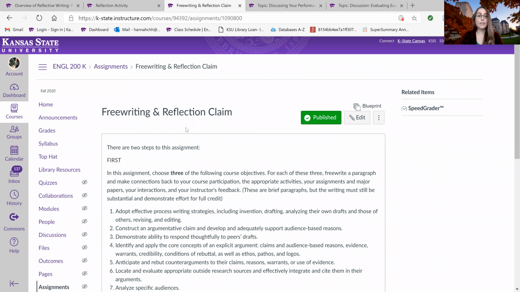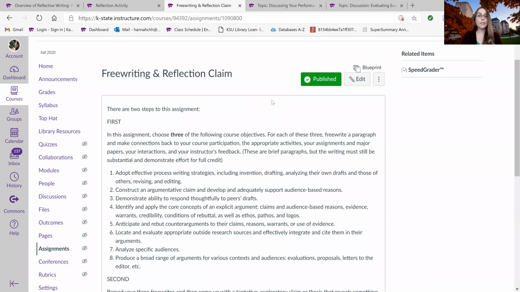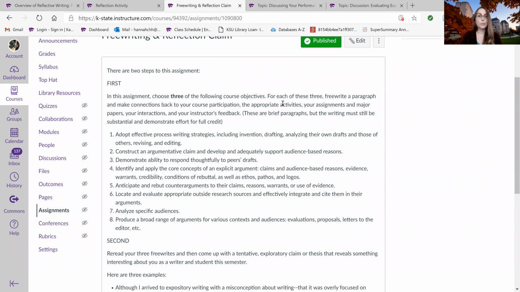The next activity is a free writing and reflection claim. There's two parts to this. The first part is choosing 3 of the following course objectives below. For each of these, you are going to free write a paragraph and make connections back to your course participation, some activities you performed related to these course objectives within any of the 3 units,